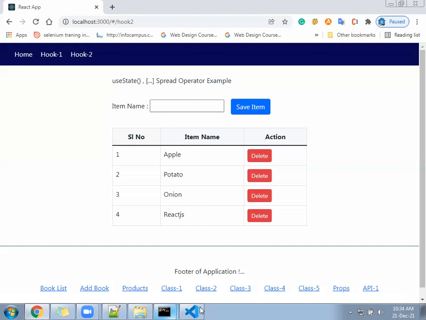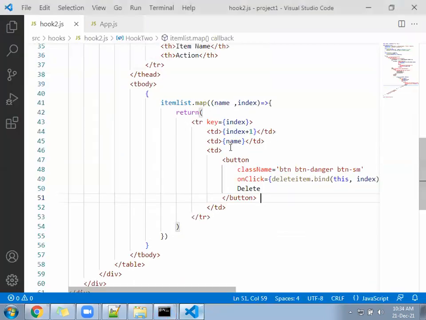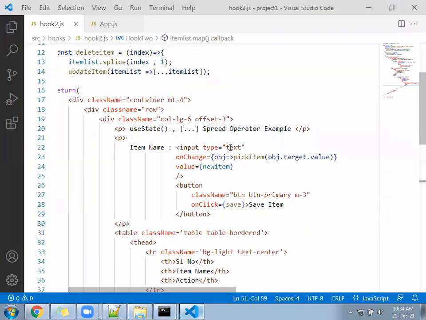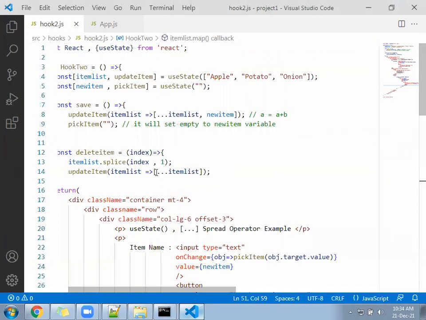Spread operator, what is that? The spread operator is this one. Three times dot we have written. This three times dot is called a spread operator. It is used in multiple scenarios, and while playing with the array also it will help you to delete and operate. So under hooks, under the functional component, if you need to manipulate the array, adding, deleting, listing, we will use the spread operator.